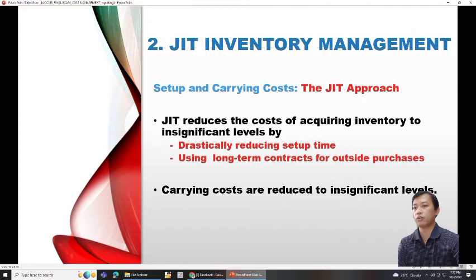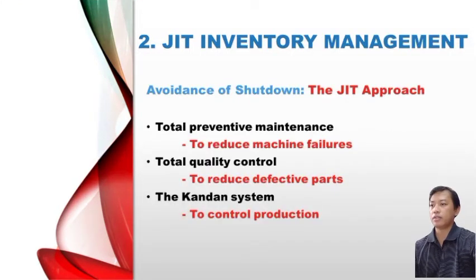Now, carrying costs are reduced to insignificant levels, meaning to say you base your stock on your consumers' demand rather than expectation, improve the layouts of your storeroom and warehouses, and consider the negotiation terms in your supplier's agreement. So, avoidance of shutdown using the JIT approach: total preventive maintenance to reduce machine failures, meaning it is a